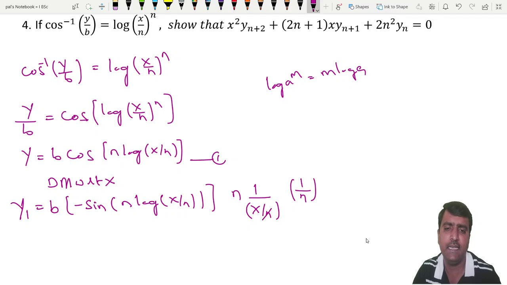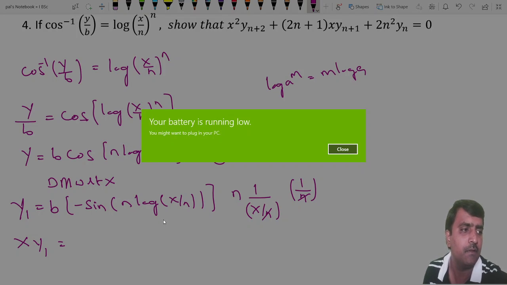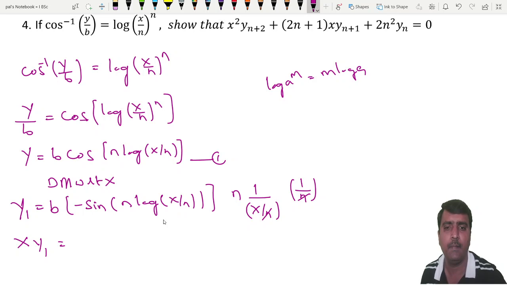Now this n and n cancel, and taking x across, we get x y1 is equal to